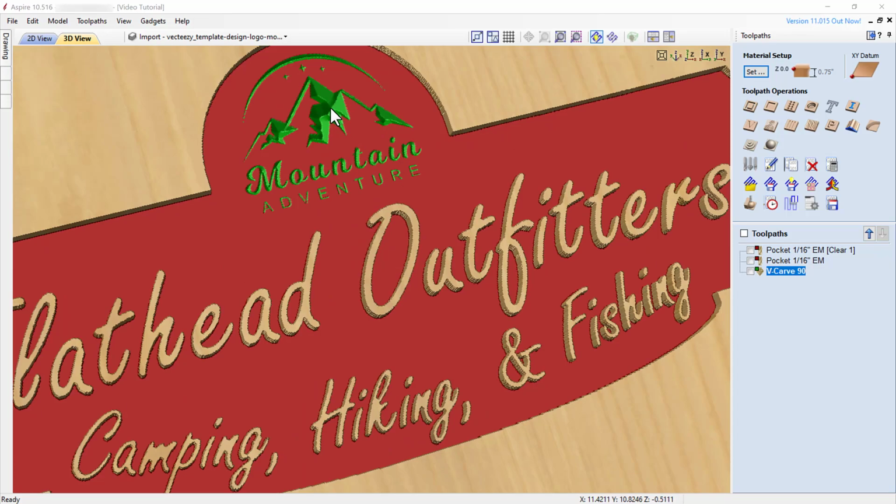While moving your cursor, you will notice the X, Y, and Z coordinates, which represent the location in our material that our cursor would be touching if it were touching the material at that point. We see at this point, which appears to be the deepest point of the V-carve, that the Z coordinate is approximately minus 0.5, which means that the deepest point is 1/2 inch deep into our material, leaving us with 1/4 inch of material beneath the deepest carved point. As this is adequate, we do not need to make any changes to our toolpath.